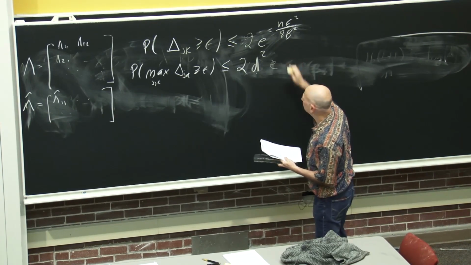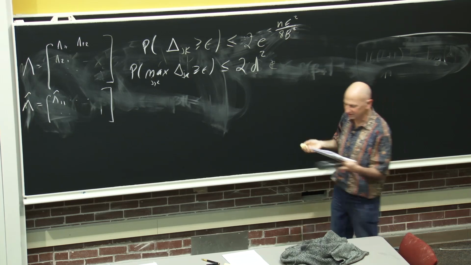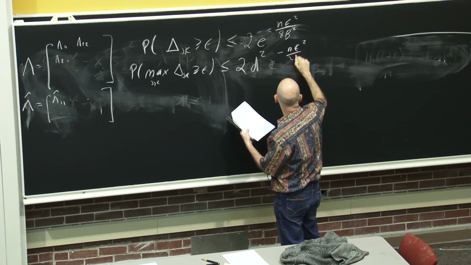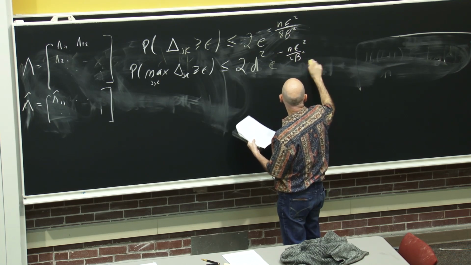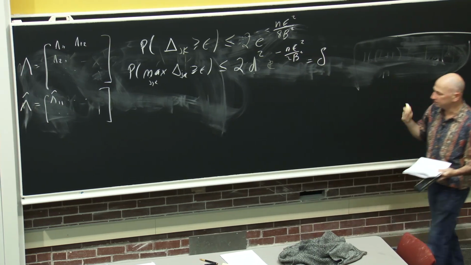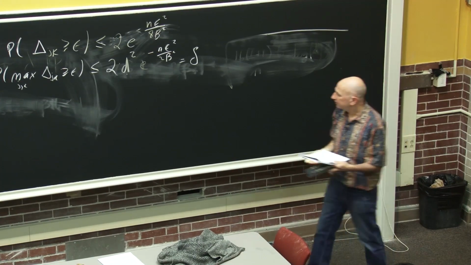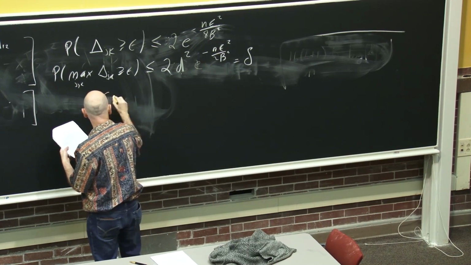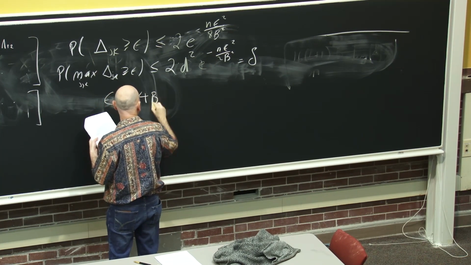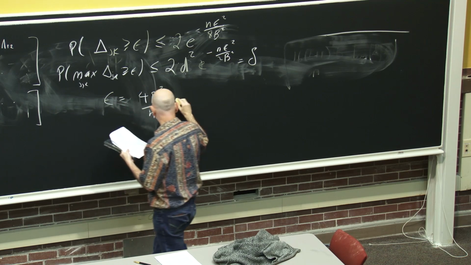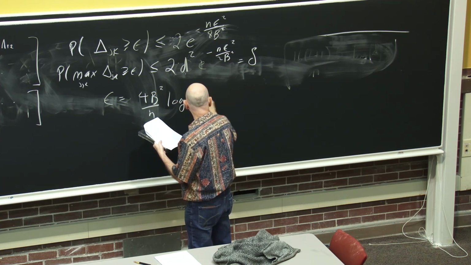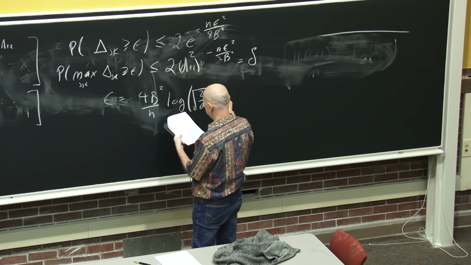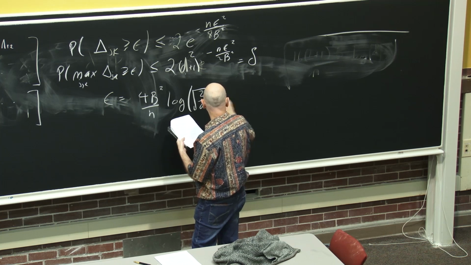And in fact, if we just say there's d minus 1 covariates, then it's correct. And then we get minus n epsilon squared over 2b squared. And now all I do is I set this equal to delta, because I want this to be true except on a set of probability delta. And I can solve now for epsilon. So we get epsilon is 4b squared over n log. Let me correct this. So this is d plus 1 squared, and this one should be probably d plus 1.